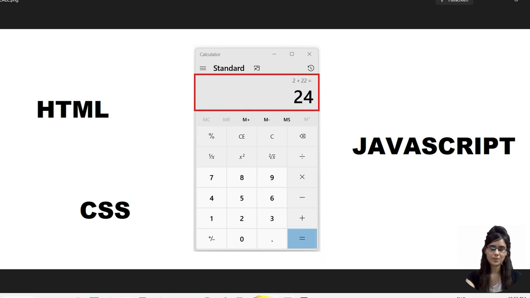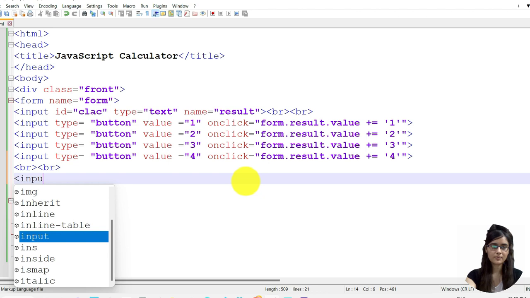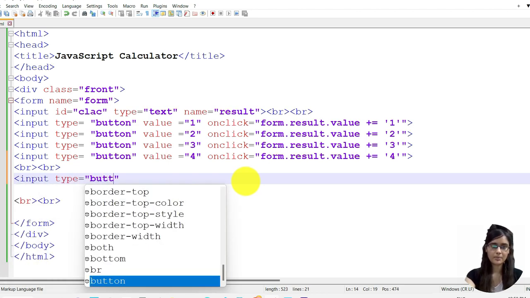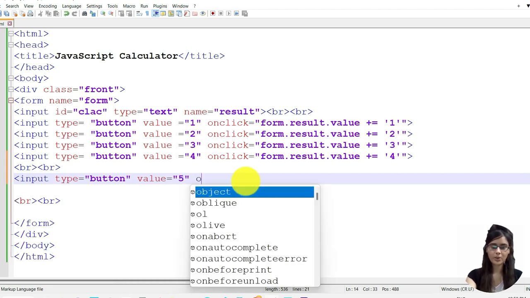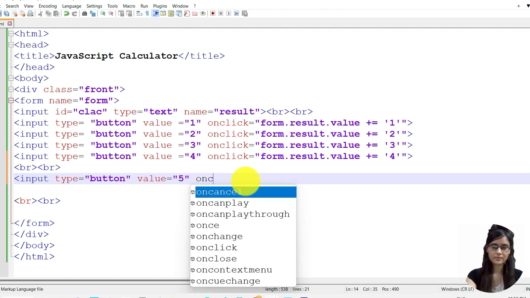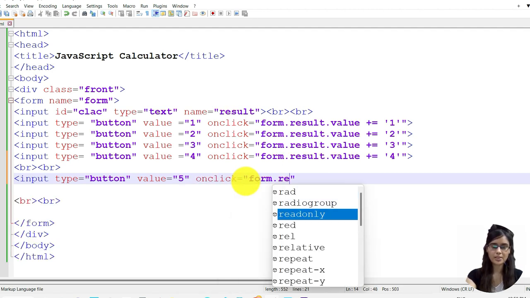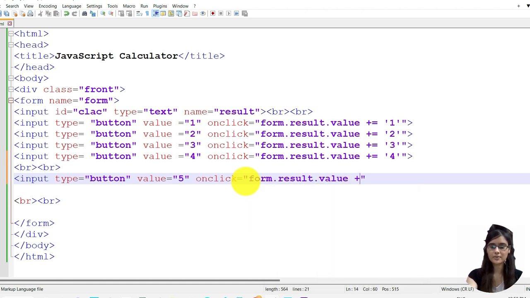So using just the break tag, again we will write input type is here button and its value is now 5, and on click it will display the form result value, that is this time 5.